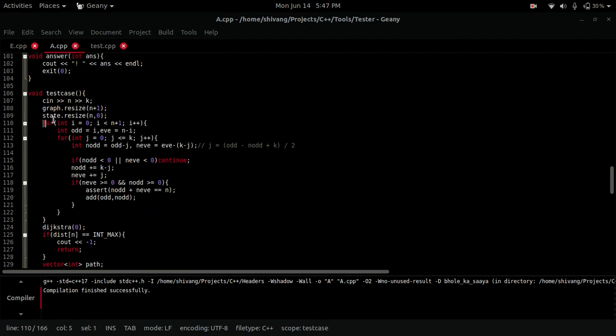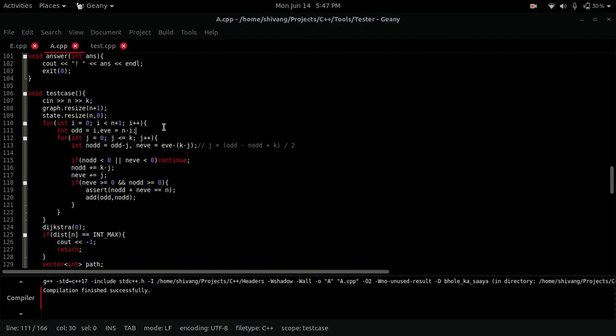So these are the states. The states are from 0 to n. And as I have mentioned, and this is my standard which I am using, the ith state corresponds to the number of odd occurrence elements being i. So odd is i, even has to be n minus i because the total number is n.